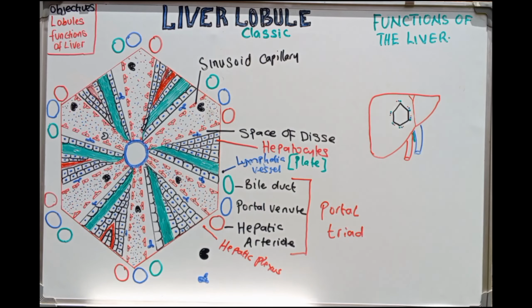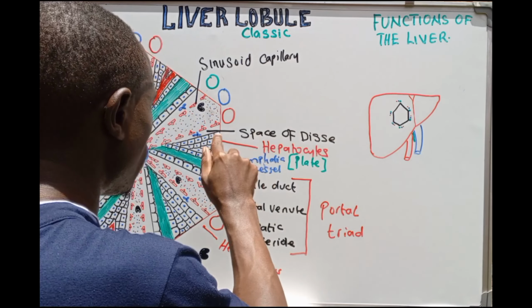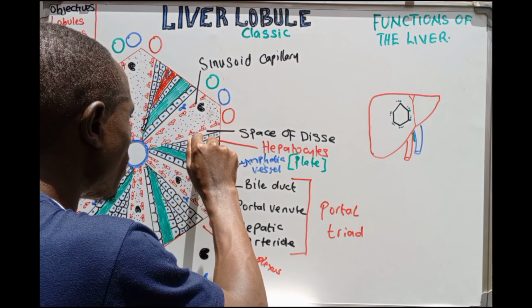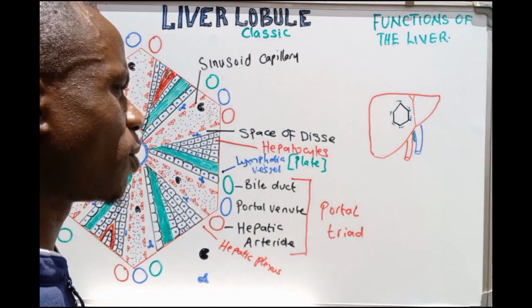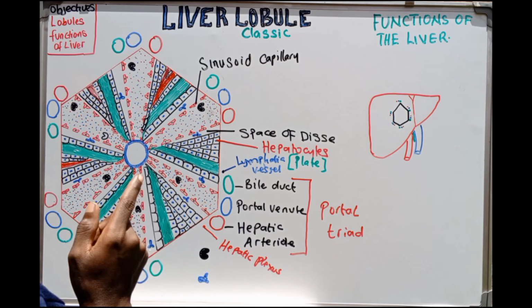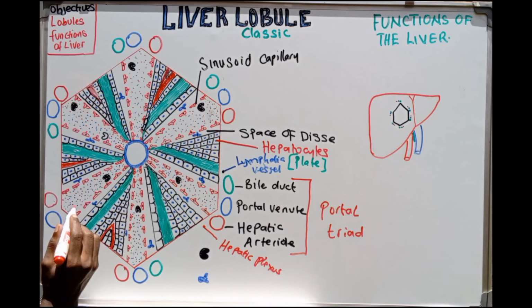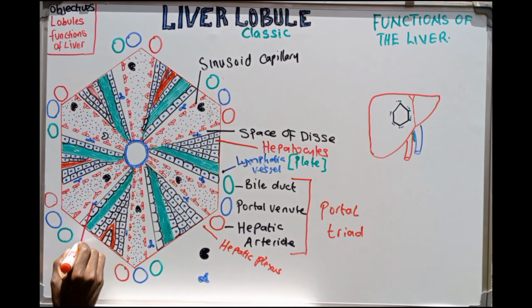Super important. Okay. Then within the space of Disse, we have this cell. This cell is super important. We have these cells in the space of Disse. This cell here, which is going to be in what we call the space of Disse, is what we call the